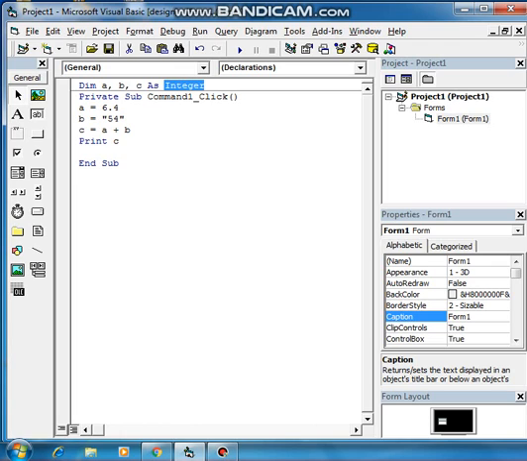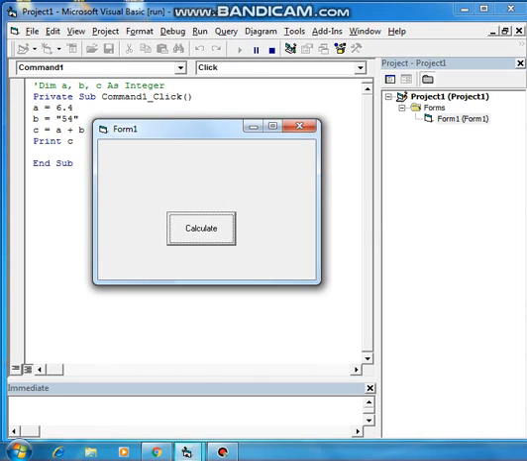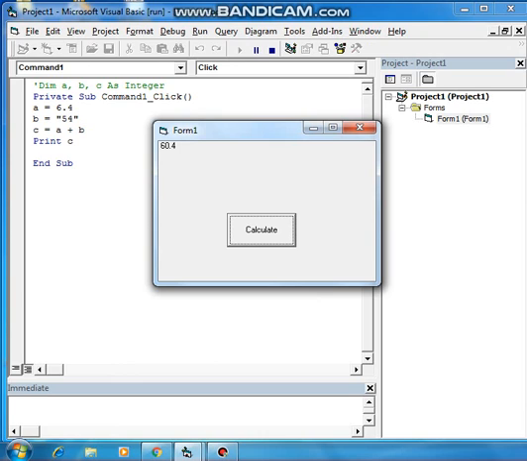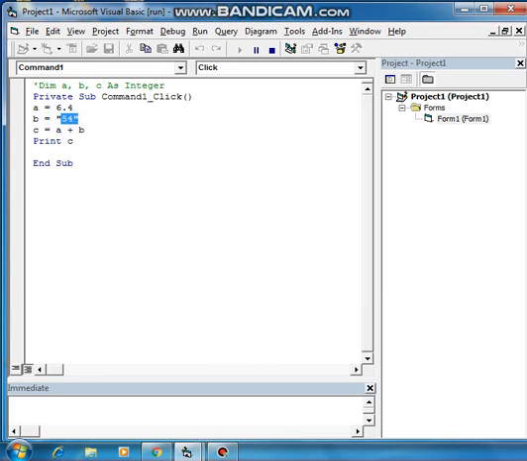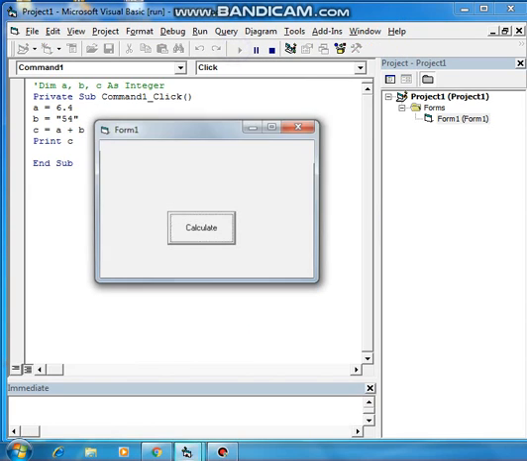Fine. Now suppose the same program I'm doing, but removing that dim line. It means I did it as variant type. So now in this case, how the result is coming, you see students, it is coming 60.0. Why 60.0? Because this is 54 and 6 and 0.4 also was added, and I didn't specify any particular data type, so the result is coming as 60.0.